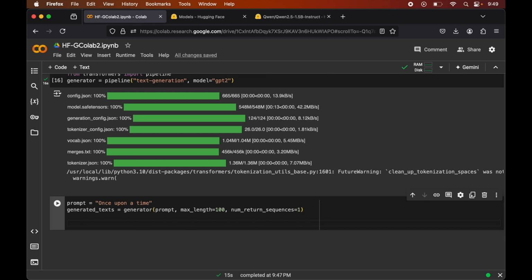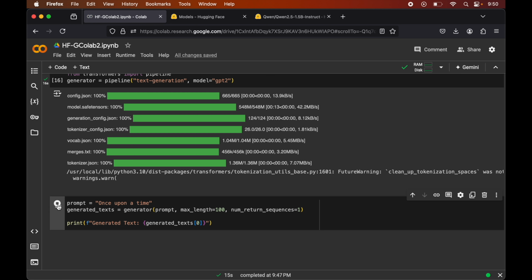Now at last we will print this generated text. For our case it is 1 only, so we will copy this and say generated text of 0, because we have only 1, and let's print this for now.